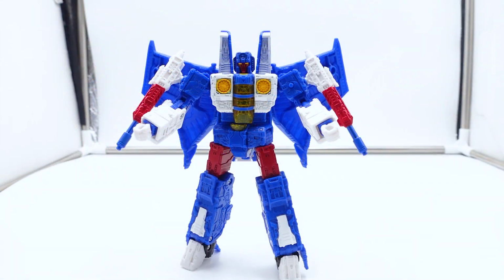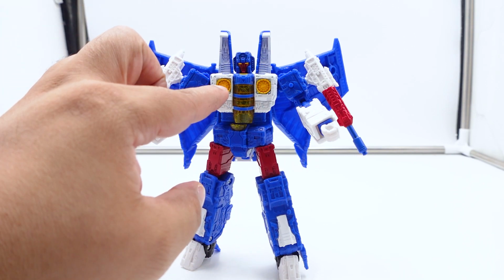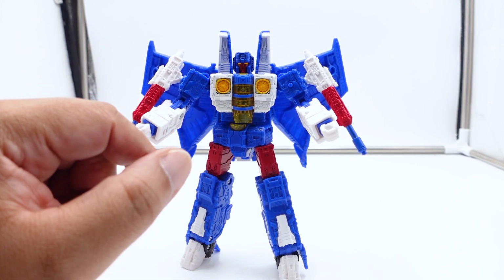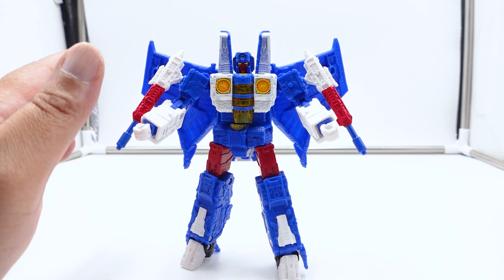All right, we're back at YouTube Magic, and we have Nacelle in his robot mode. As you can see now, he is more primarily blue, but this time he has a white chest with the yellow intakes, and I think that's pretty cool. Of course, he has the same amber colored chest, but he has a head that's painted blue with the inside